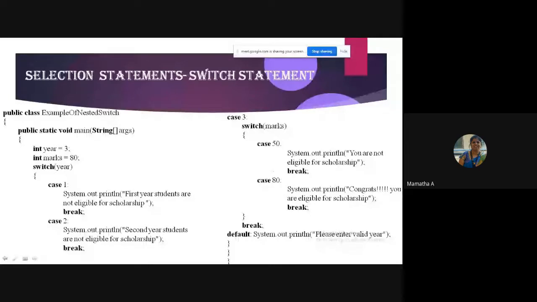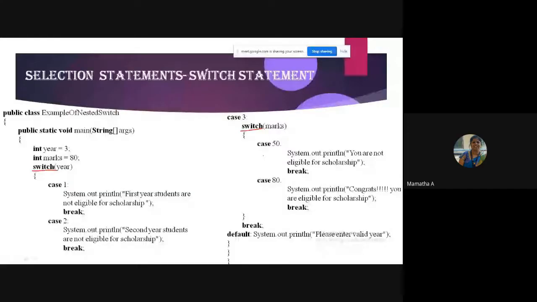So you should be able to do it properly. First of all, is it a nested switch, students? Yes or no? Yes, it is a nested switch.